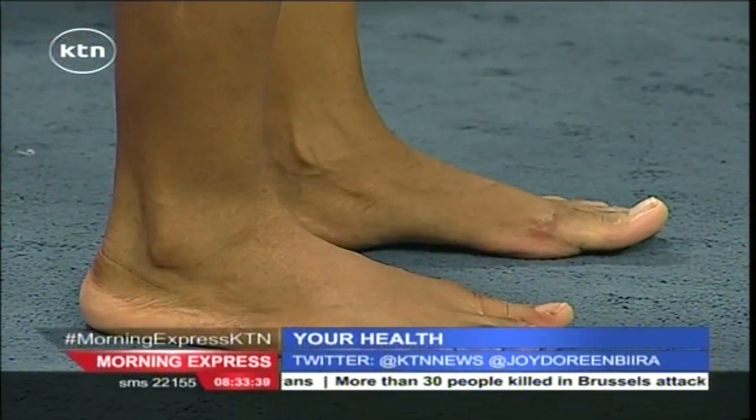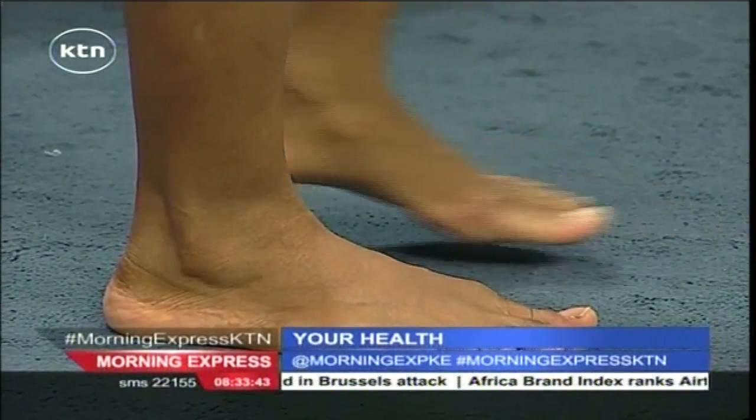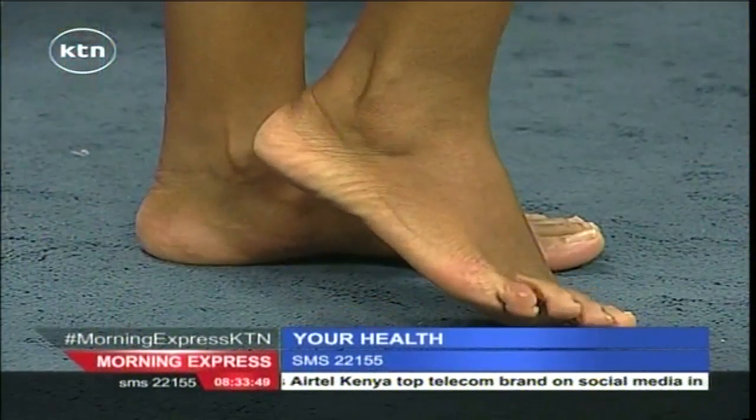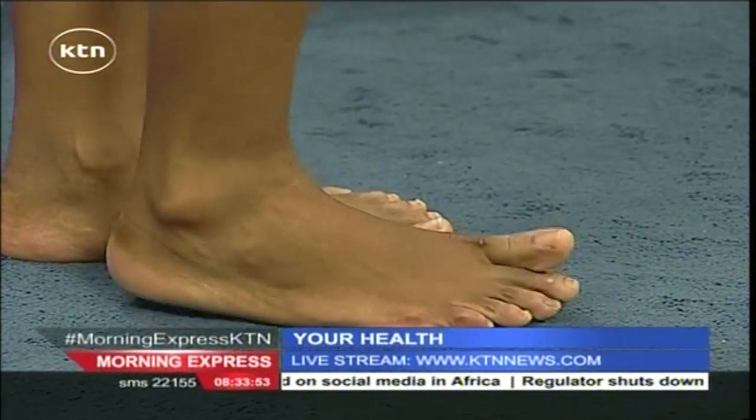Now what's interesting is you slightly pronate. You have an arch, because if you raise up on your toes, you see there's an arch there. So you do have an arch, although your foot is slightly low, so you have a low instep. So basically, the thing with you is, this is why you suit shoes like this, because they exacerbate the